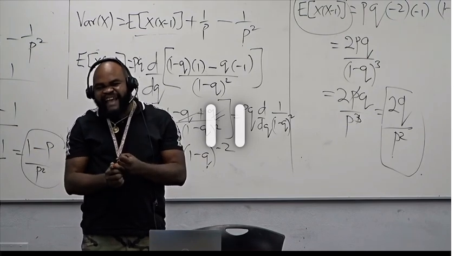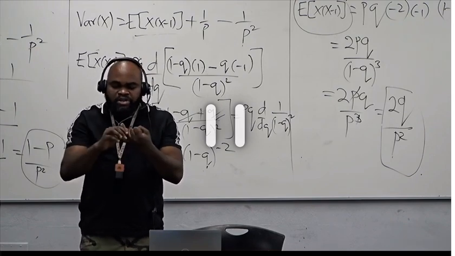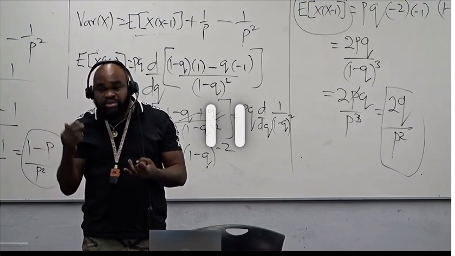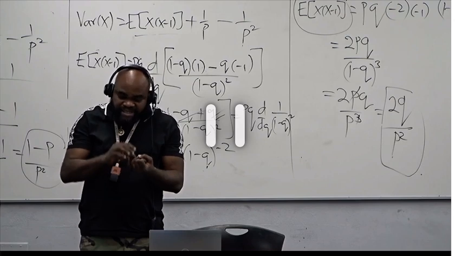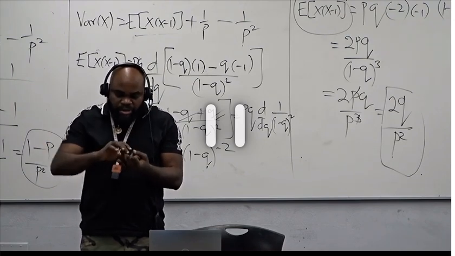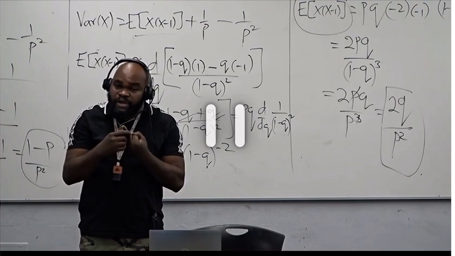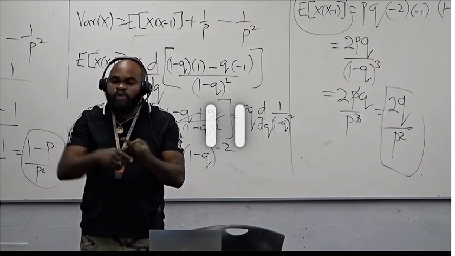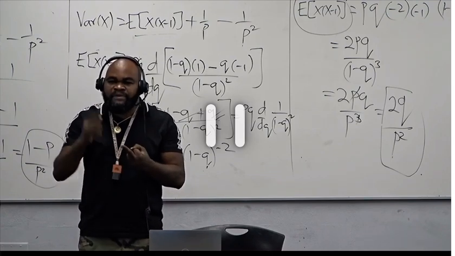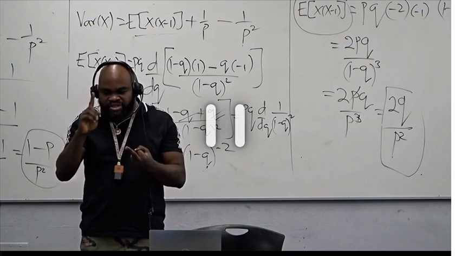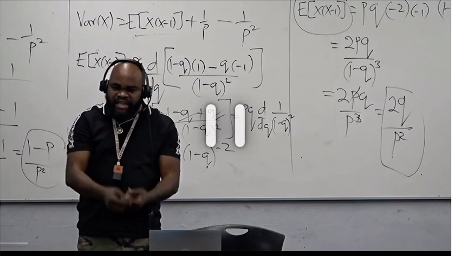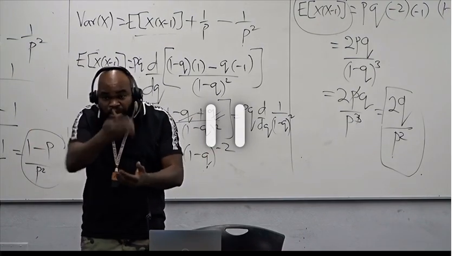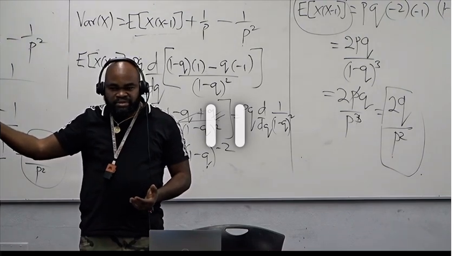When do I talk about using binomial? I'm going to use binomial when the number of Bernoulli trials is more than one, but I still have two possible outcomes, which means binomial is a generalization of Bernoulli. Then geometric: I'm going to use geometric if I want to figure out how many Bernoulli trials I'm going to have before recording one success, the first success. When do I use negative binomial? How many Bernoulli trials am I going to have before recording a good number of successes? Does that make sense to you now?